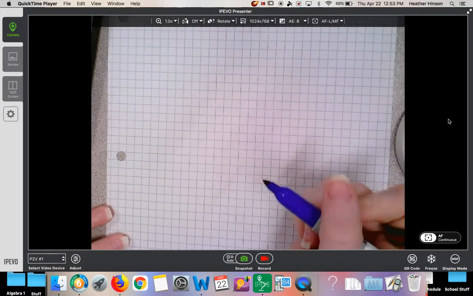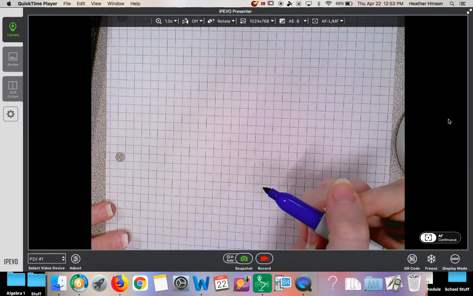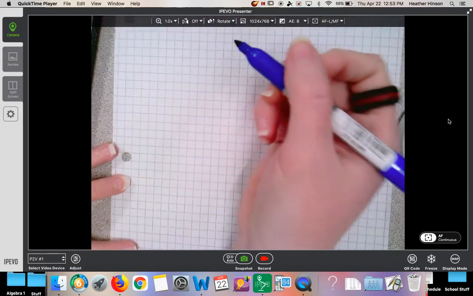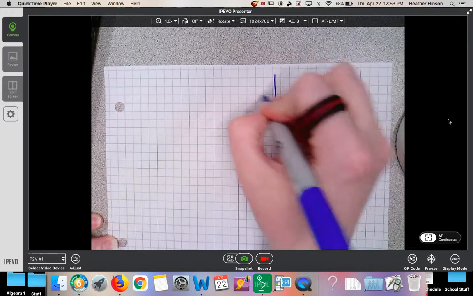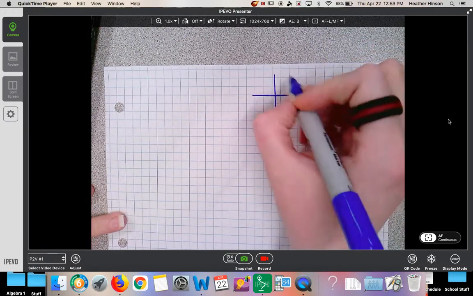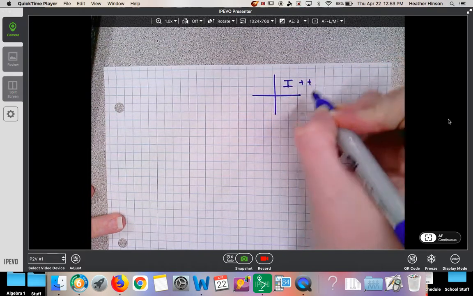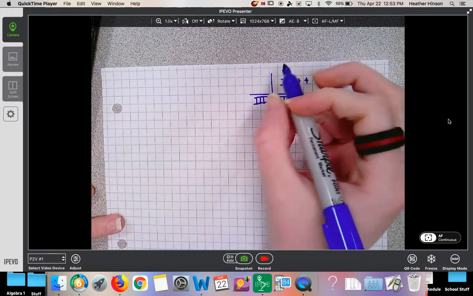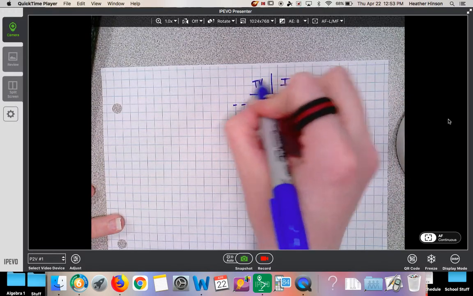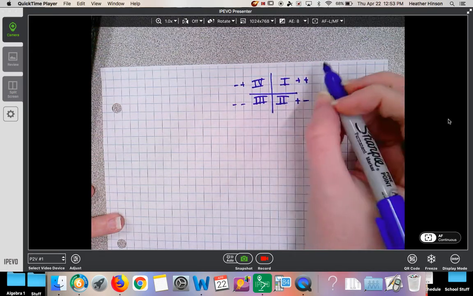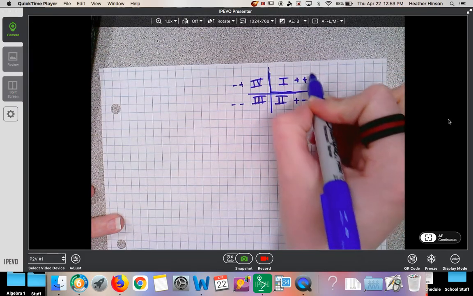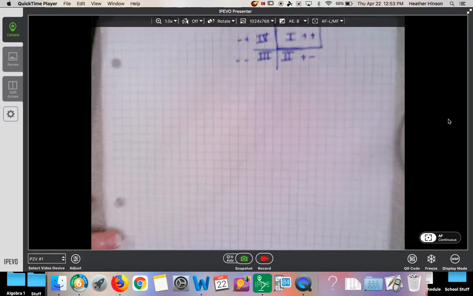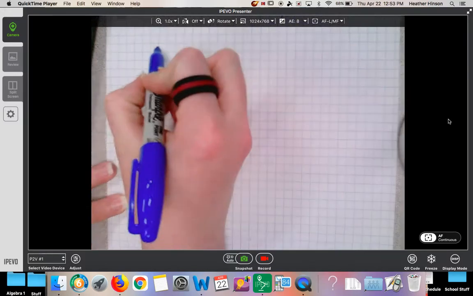So all you're going to do for this is you're going to use graph paper because you want to make a table out of this stuff. And you're going to make an XY coordinate, just your first quadrant. You have your positive-positive, your positive-negative, and then your negative-negative, and then your negative-positive. All we're going to use is this first quadrant, so everything's positive, so we don't have to worry about negatives. So I'm just going to make a first quadrant,